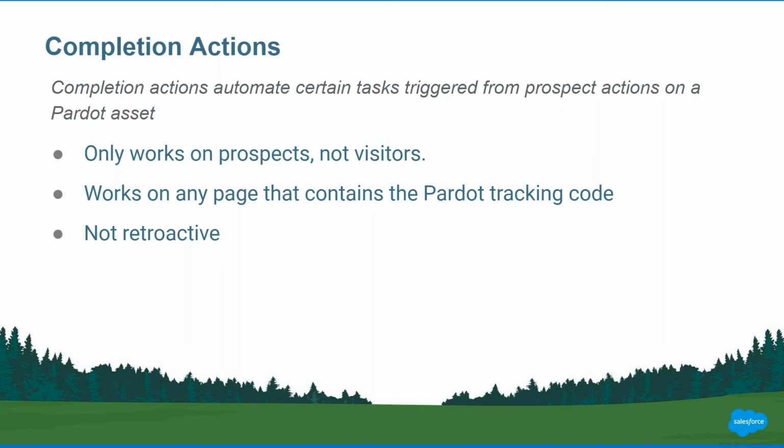One thing you should know is that it also works in any page that contains the Pardot tracking code. The Pardot tracking code, as discussed in the earlier sessions, is generated when you set up a Pardot campaign, or you have a Pardot asset. So there's a Pardot tracking code there, and you can insert that in your existing marketing cloud or Pardot asset, or your website. And the one thing that you should take note of is that it's not retroactive, meaning that if, let's say, I set up a completion action on